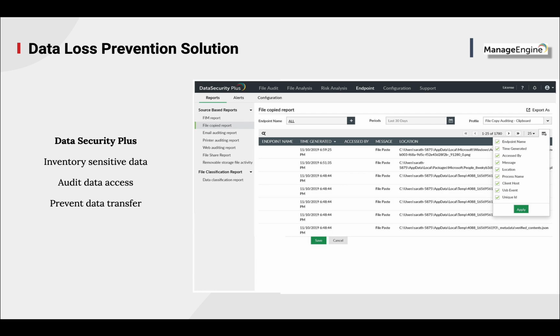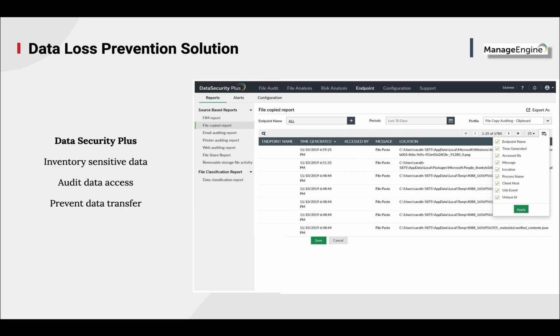With the ManageEngine Data Security Plus data loss prevention module, you can have a process of identifying sensitive data, monitoring its flow across the organization, and preventing its theft, loss, or misuse through unintended or unauthorized actions.